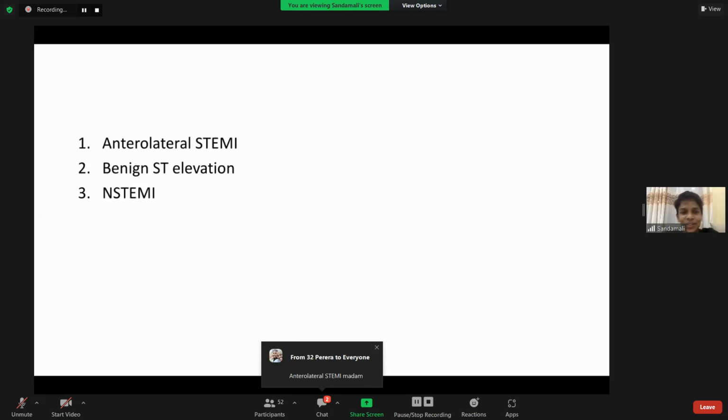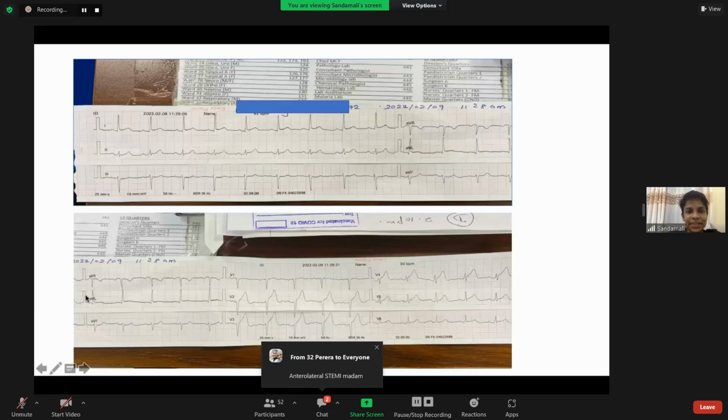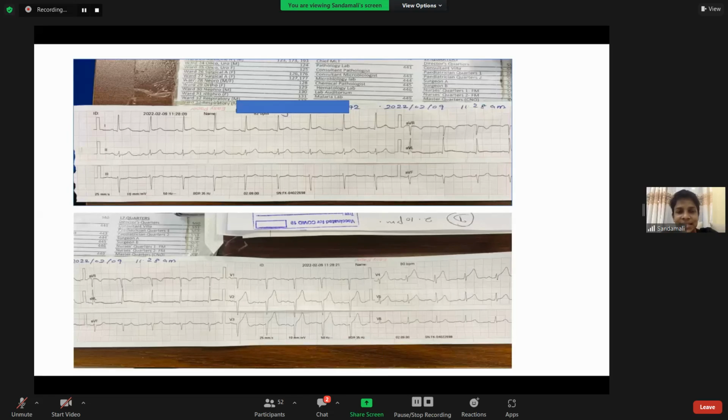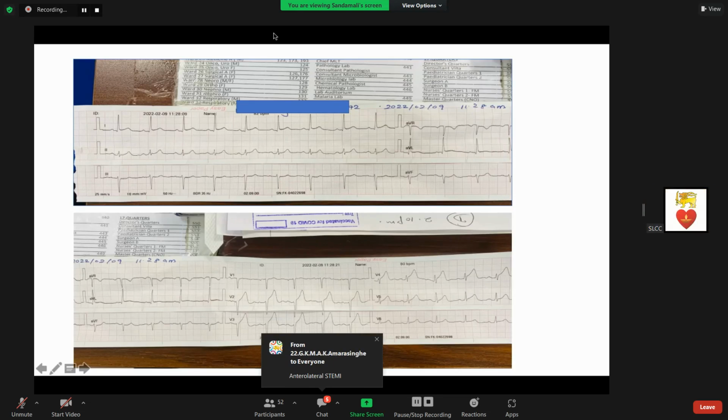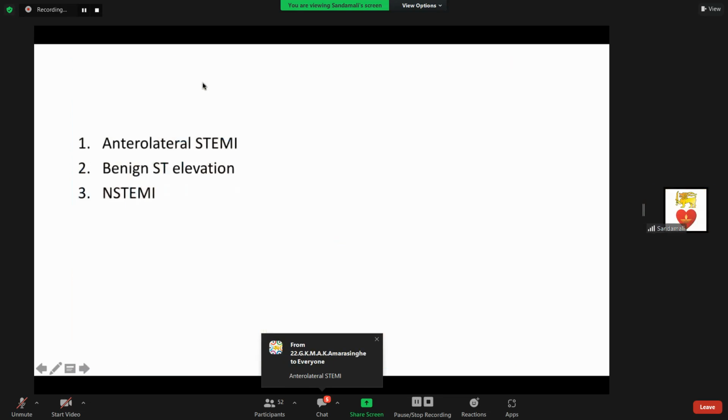If you all want to have a go, you can type the answer 1, 2, or 3. 1, is it anterolateral STEMI? 2, is it a benign ST elevation? 3, is it non-ST elevation MI? Okay, I think most of you have got it correctly. Yes, it is